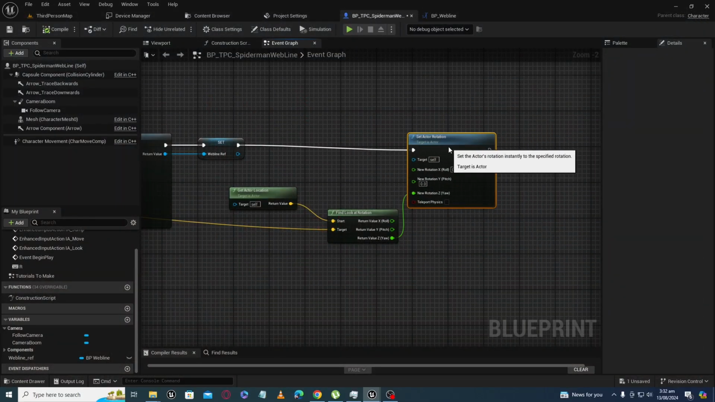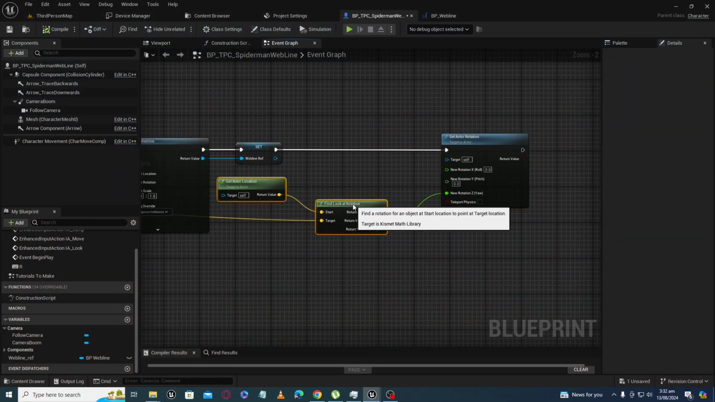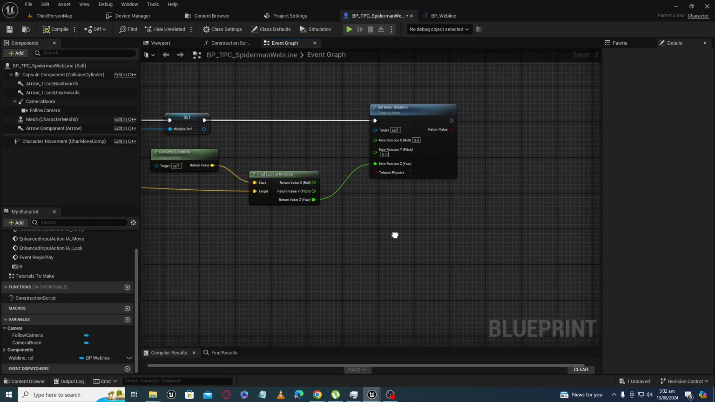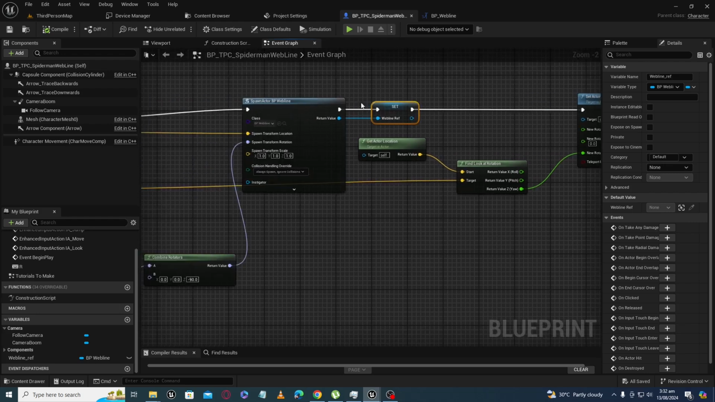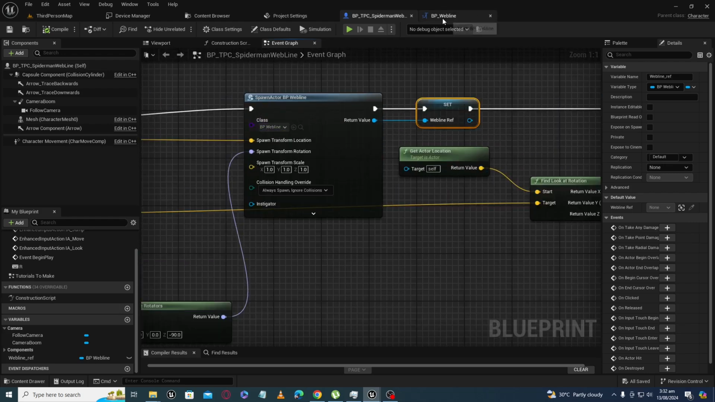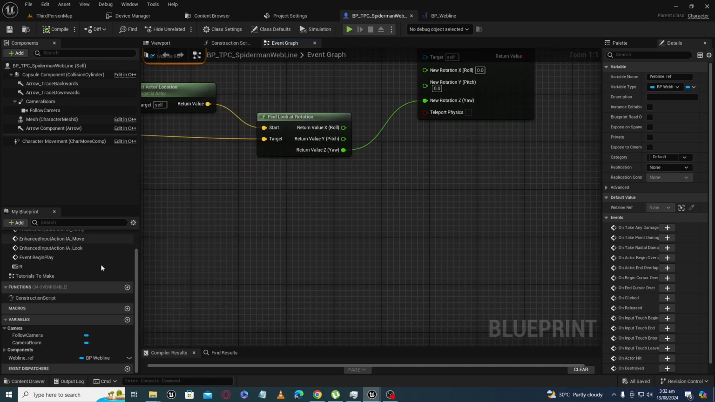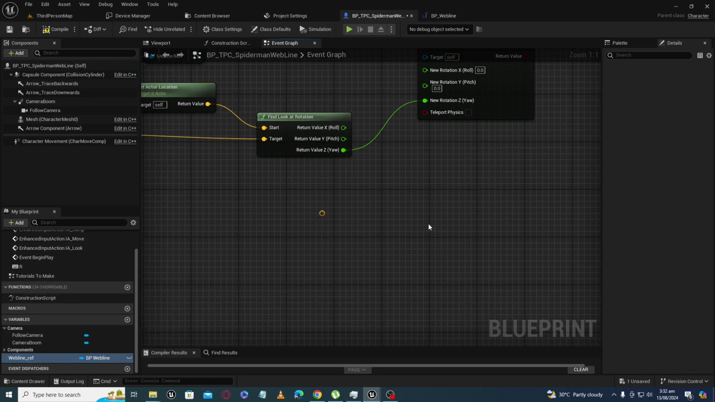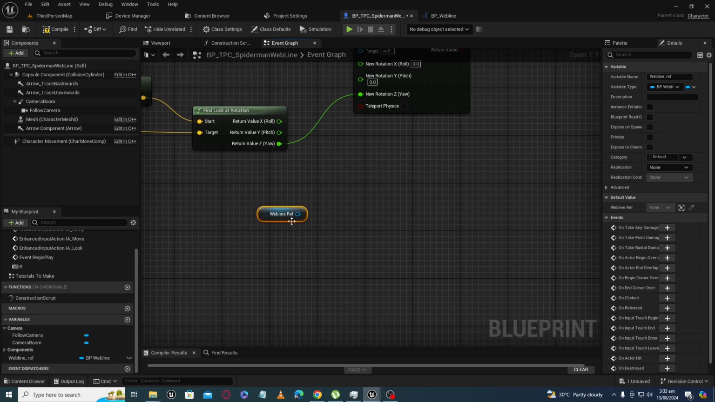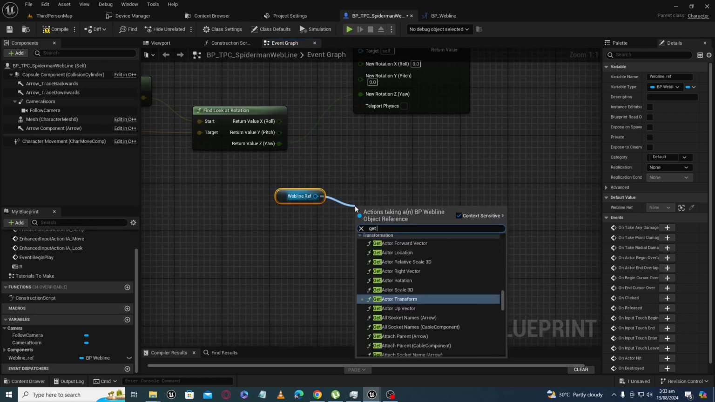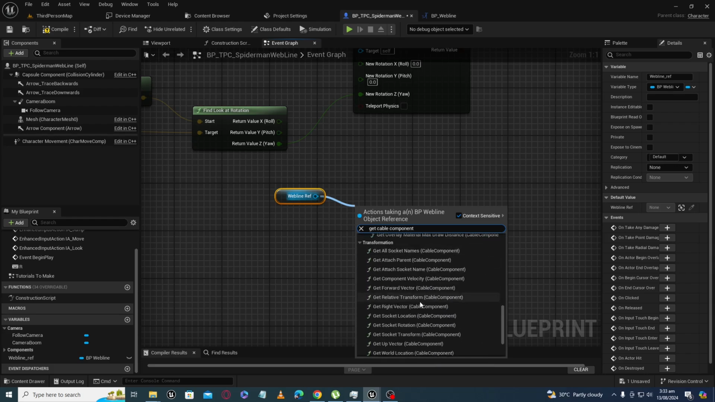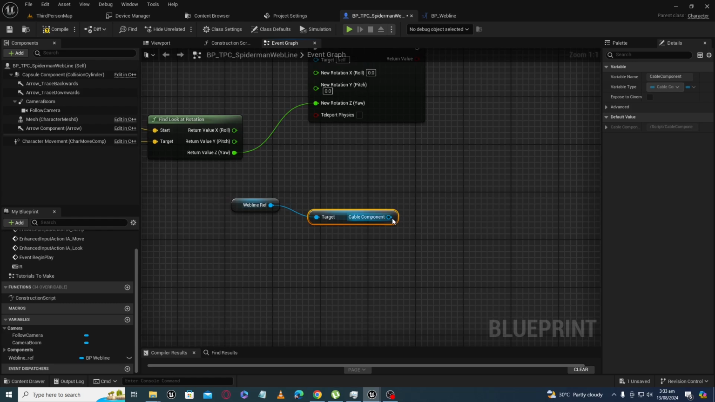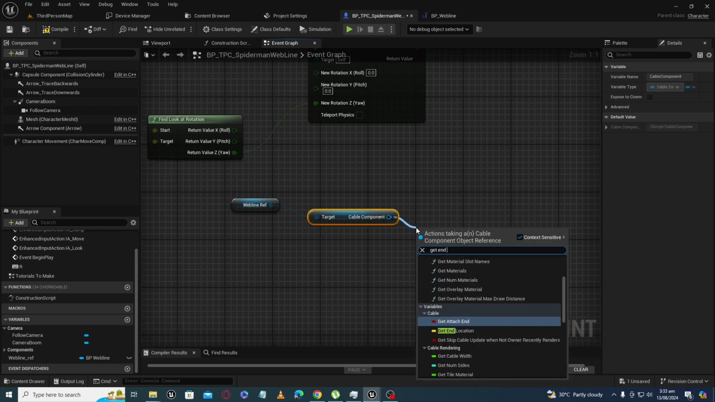So okay, now our next step will be to increase the length of our cable. For that, it is our BP web line, and we have a cable inside of it, and it is a reference. So we will take a reference here. So we will get a cable component. We will get end location